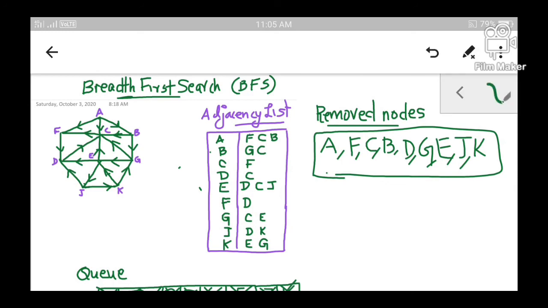We can identify that A is the node which belongs to the topmost level of the graph. F, C and B belong to the next level. D, G and E are the nodes of the third level. J and K are the nodes of the last level.